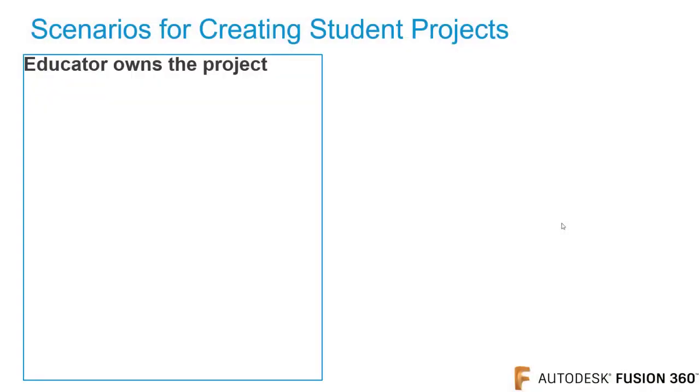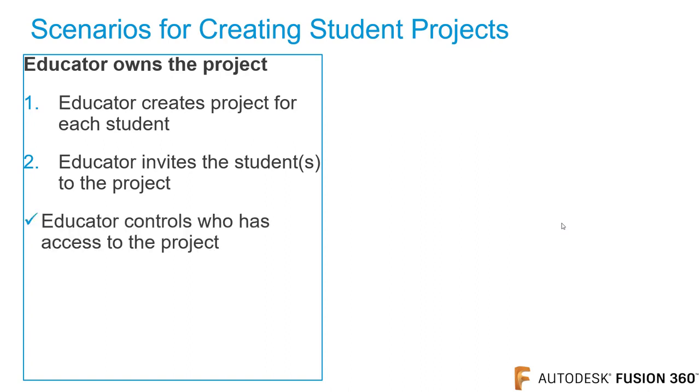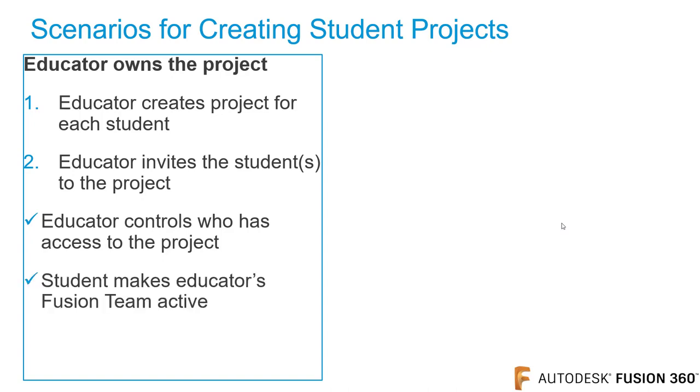Next, let's review two scenarios for creating student projects. The first scenario is that the educator owns the projects. How this works is the educator will create the project for each student. The educator will then invite the student or students into that project. The educator has complete control over who has access to the project. Then inside of Fusion 360, the student will make the educator's Fusion team active,